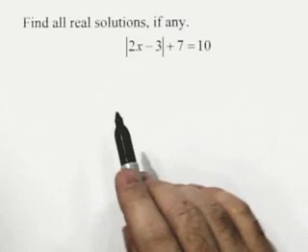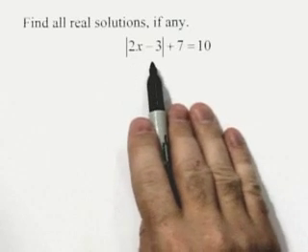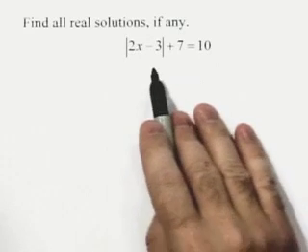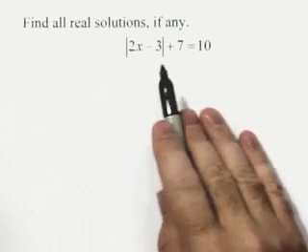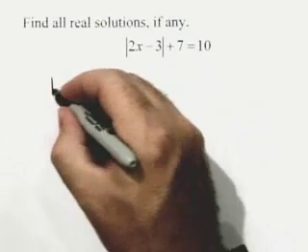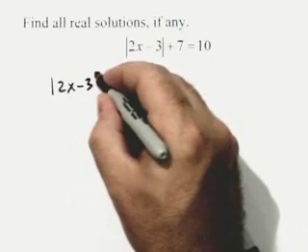In this problem, we solve an absolute value equation. We'd like to find all real solutions, if any, to the equation the absolute value of 2x minus 3 plus 7 equals 10. We'd like to isolate the absolute value portion. We're going to do that by subtracting 7 from both sides. If we subtract 7 from both sides, we'll have the absolute value of 2x minus 3